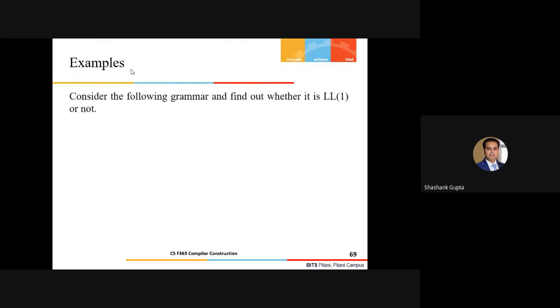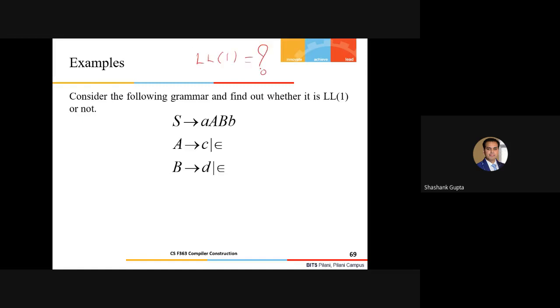Suppose, any random grammar, a generalized form of the grammar. Suppose this is the grammar. Find out whether it is LL1 or not, based on what we have discussed till now. Any voices, guys, up to this point?